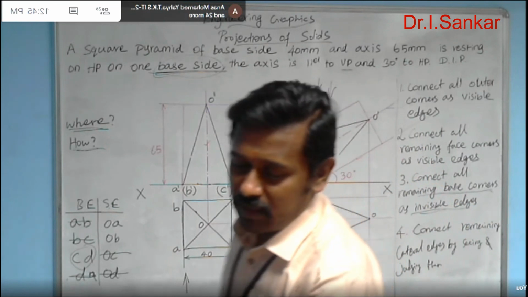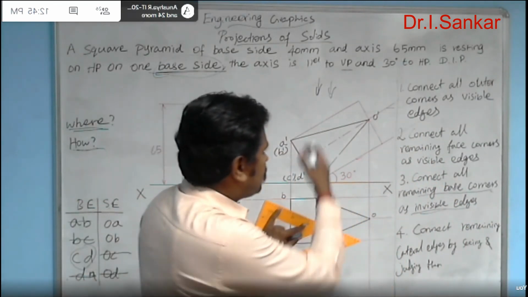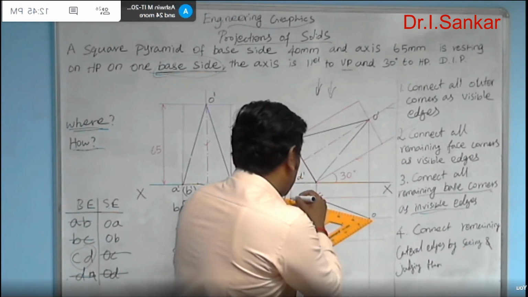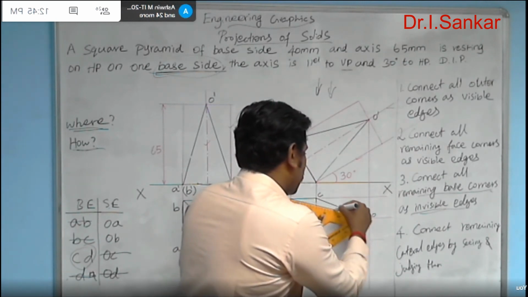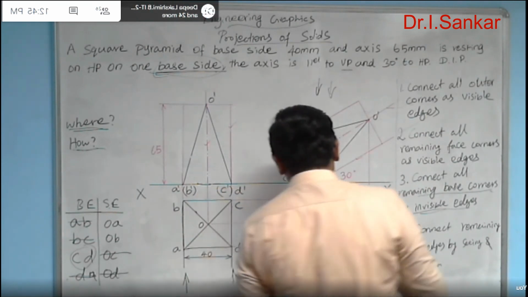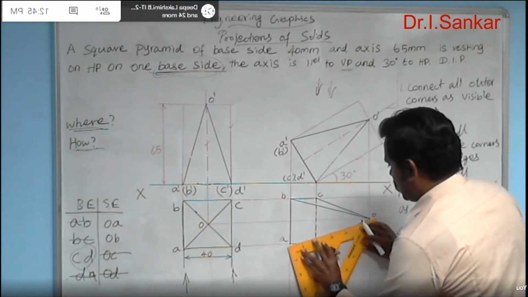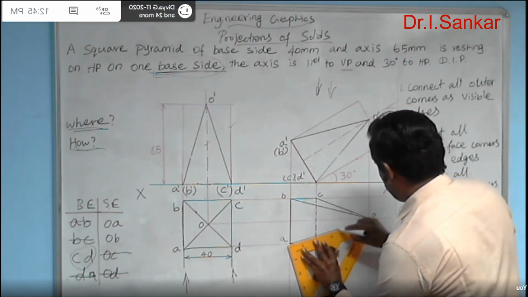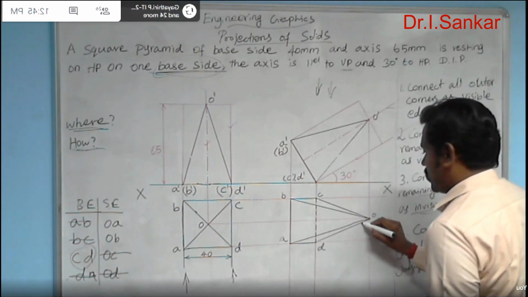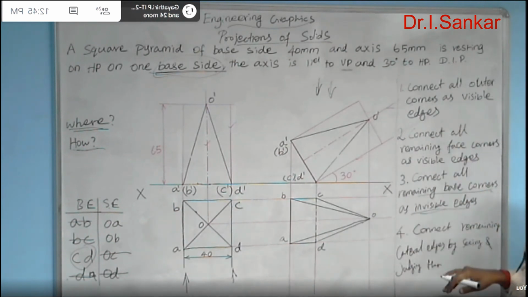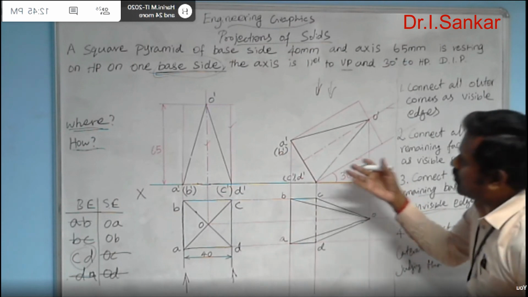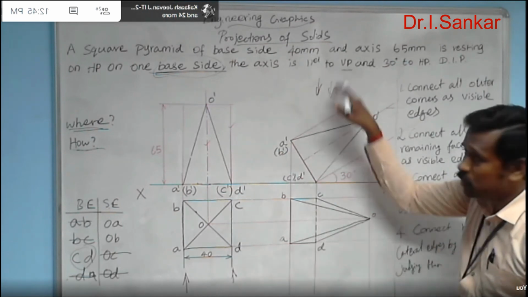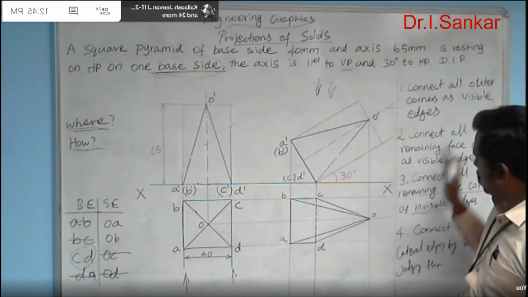In that way, the lateral edges need to be judged simply by seeing the drawing. In the same way, you can judge all other base edges and side edges. But at the entry stage, I am asking you to follow this procedure. Definitely after some days, you need not follow any procedure. At the entry level only, you need to refer to this procedure. After some time, simply by seeing the solid, you can predict which are the visible edges and invisible edges when you look at the solid from the top. For now, you can follow this procedure.